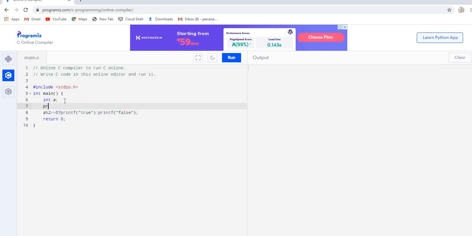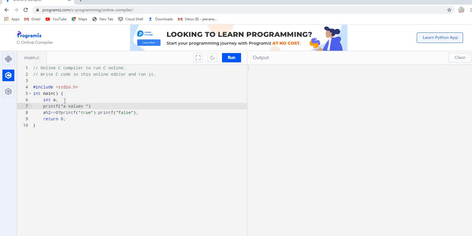Let me take the A value. scanf percent d, comma, address of A. Okay, I'm running this program.